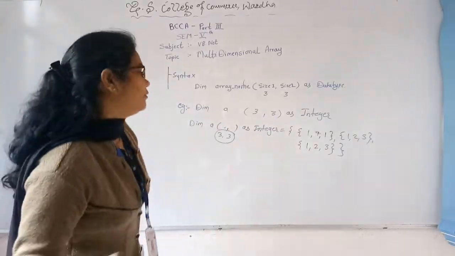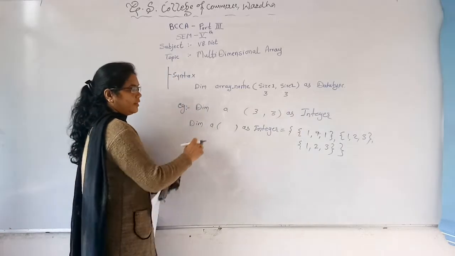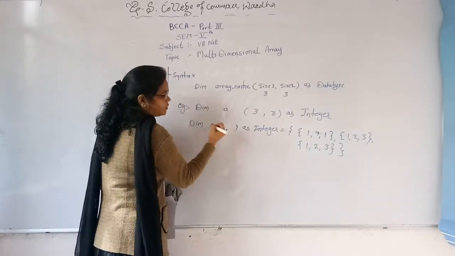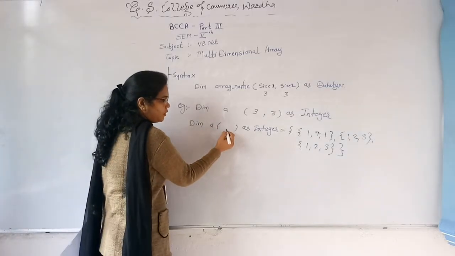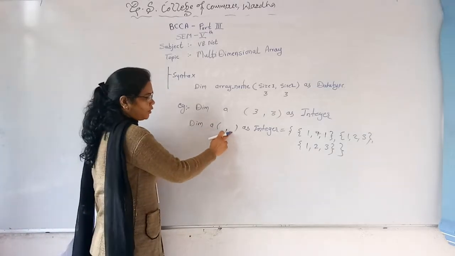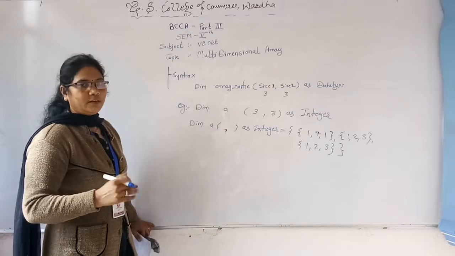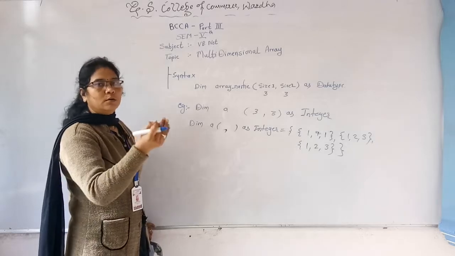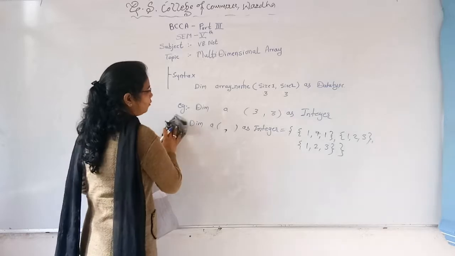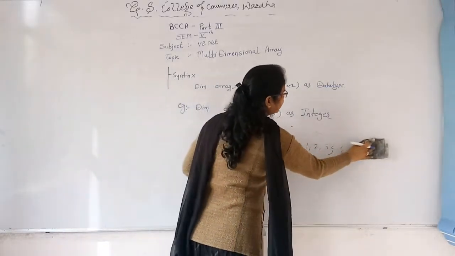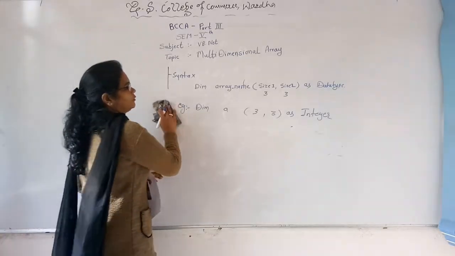So remember that when we initialize the array at the time of declaration, we don't give any size for that particular array, we just give the commas. According to the number of commas, it is considered 3 by 3, 2 by 2 or a two-dimensional array. So this is the way for creating and initializing the array. I will give you one example for it.